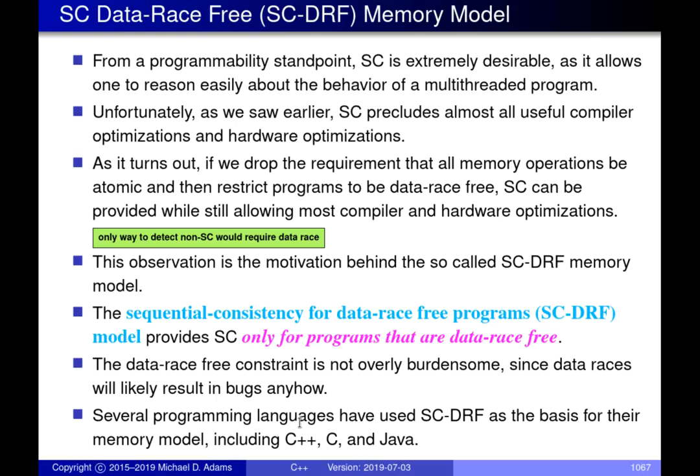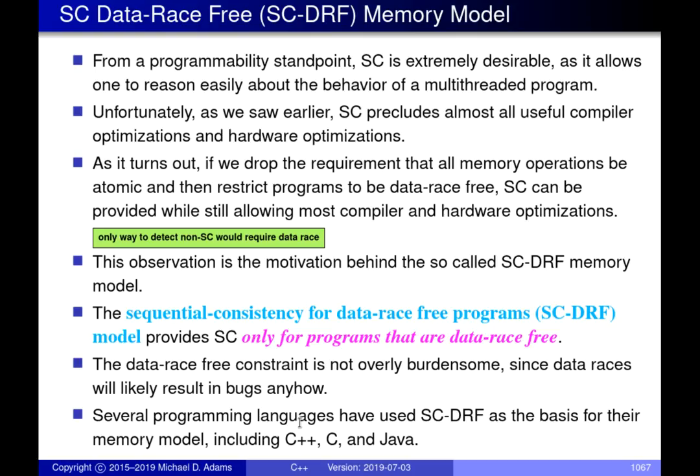But the downside that we've seen is that all the performance goes down the drain, because most of the optimizations that we'd like to do, either in hardware or in software by an optimizing compiler, are all precluded if we want a machine which is truly sequentially consistent. So how can we rectify this? We don't want really poor performance, but we also don't want it to be impossible to write code, because it's very difficult to reason about what the code is doing when the memory model is so weak. It makes so few guarantees that you can't really tell what your code's ever going to do anymore.